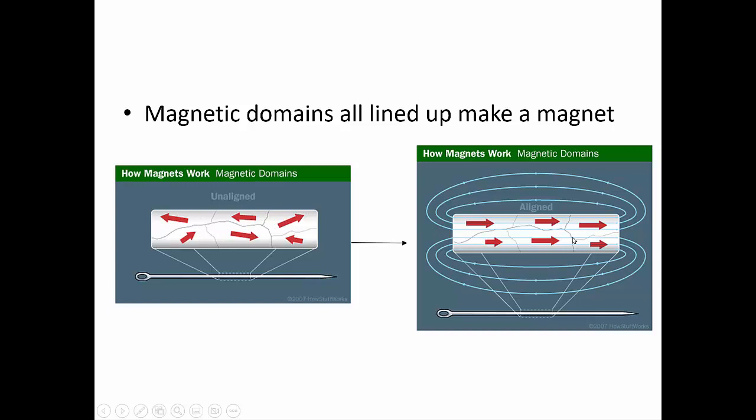But if you can get them all to line up, we'll do that by induction, stroking it, or also electromagnetism, so we can put electrons in there and force the other electrons. We'll put a field and induce the other electrons all to line up in the same direction. So putting it next to a magnetic field, using an electric field, and stroking the magnet with a magnet to push them in the right direction are all ways to make these little domains line up,